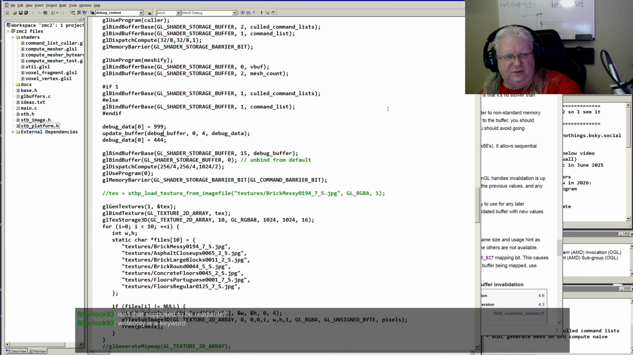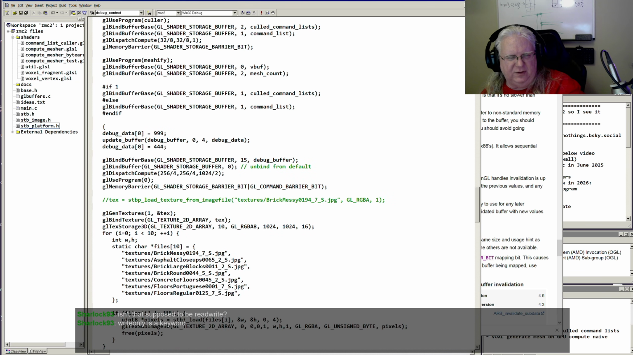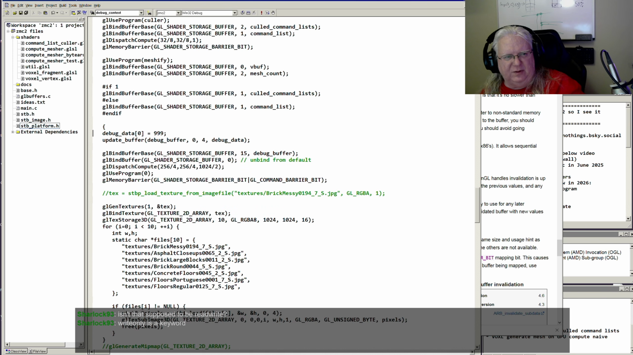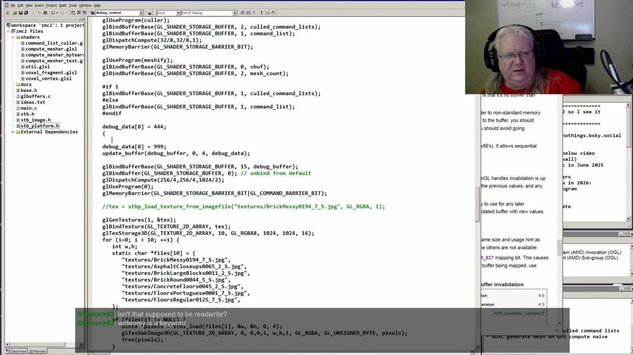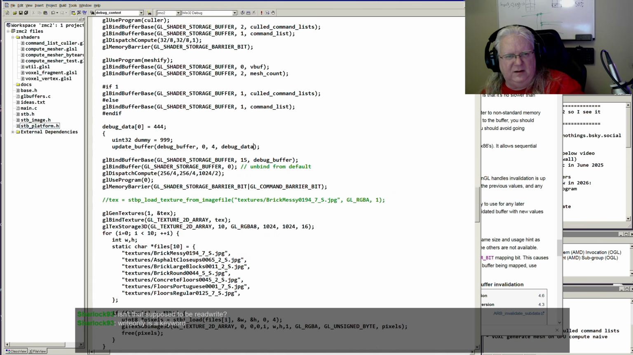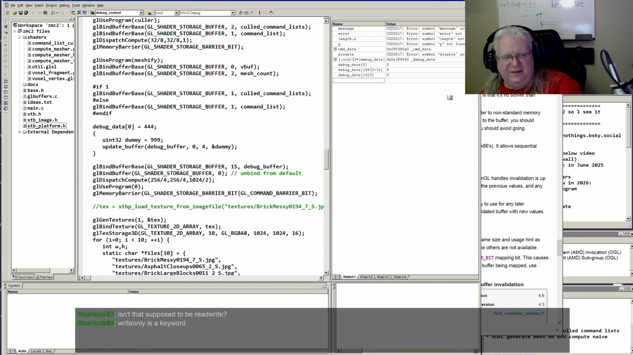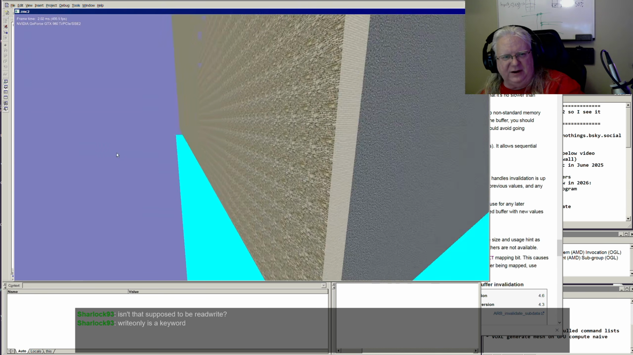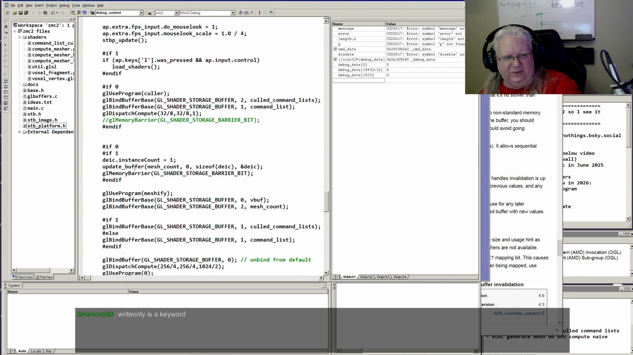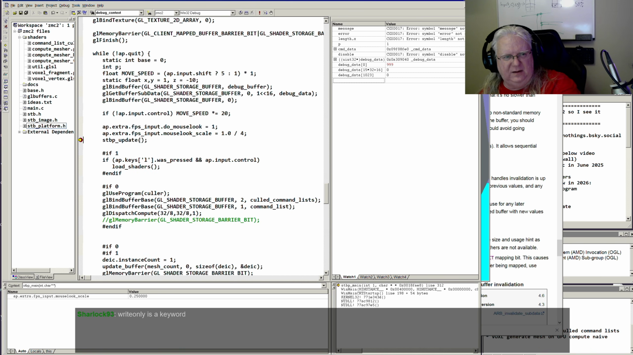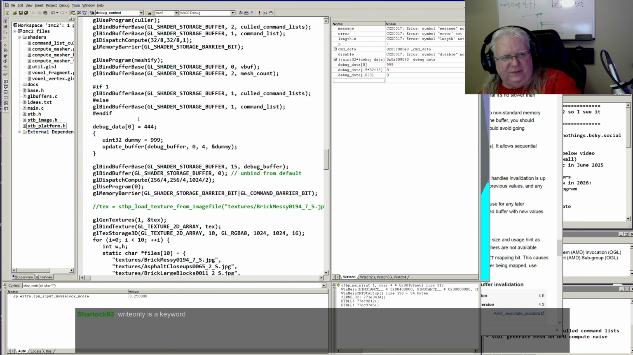All right, let's just to avoid any possible confusion, let's do this. Debug data 0 is 444. Unit 32 dummy equals 999 and update with the dummy. So we've never ever put the 999 into debug data ourselves. It's not that, but I just want the code to be absolutely unambiguous instead of reusing that same storage. Yeah. Okay, so we successfully write it